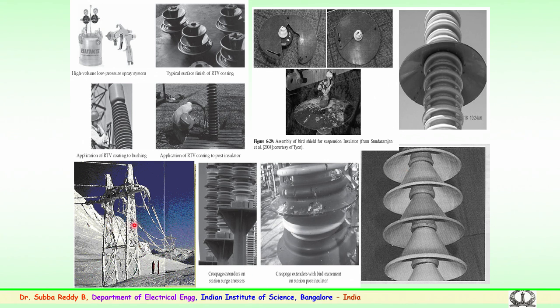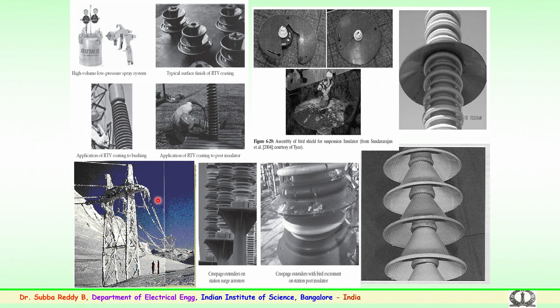And this figure shows the transmission lines, particularly in high altitude and very cold areas, where the temperature is very low and freezes. So, you can see the insulator strings and the conductors are completely covered with ice. This will need a lot of revenue, particularly for the utilities, to maintain and clean up these things, else the flashover will definitely happen